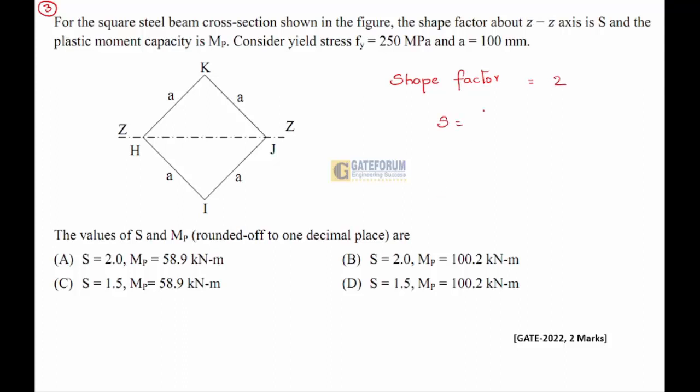So, shape factor is plastic moment Mp by yield moment My. That is equal to Fy into Zp by Fy into Ze. That will be Mp is equal to moment capacity, S into My, that is S into Fy into Ze. Now, when we take the diagram,